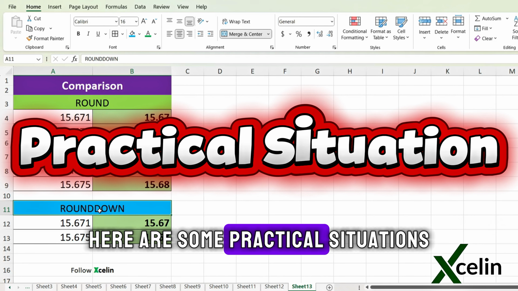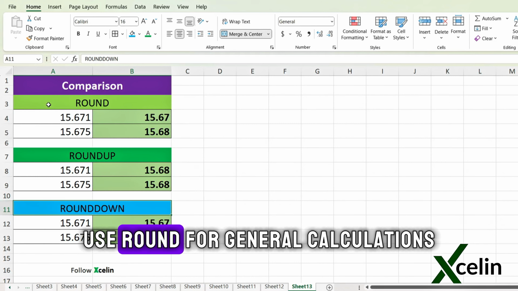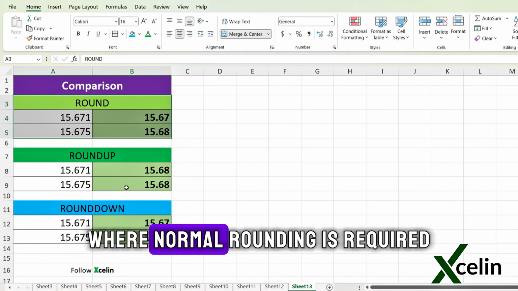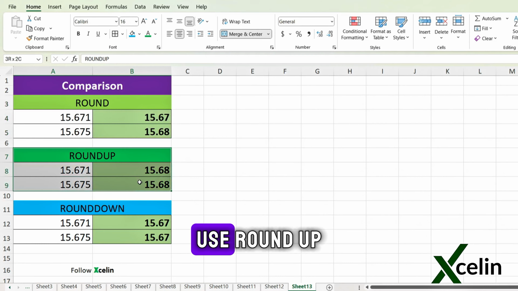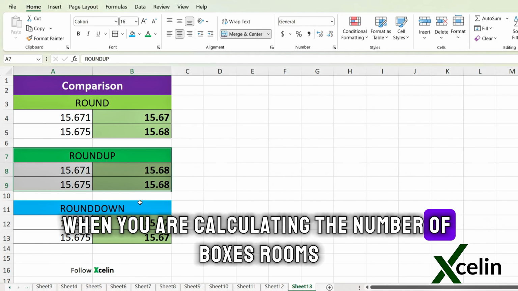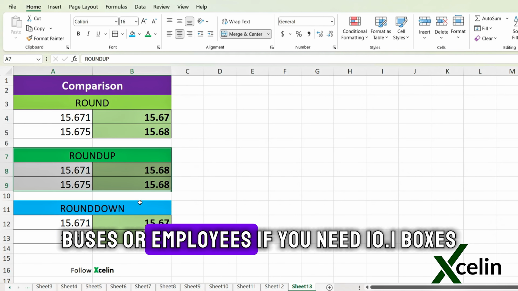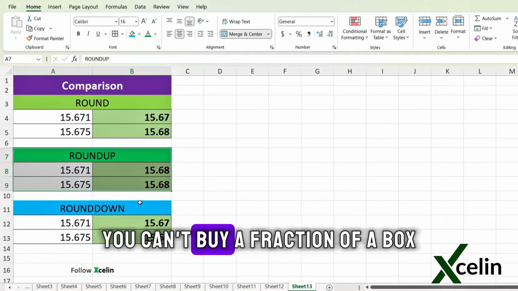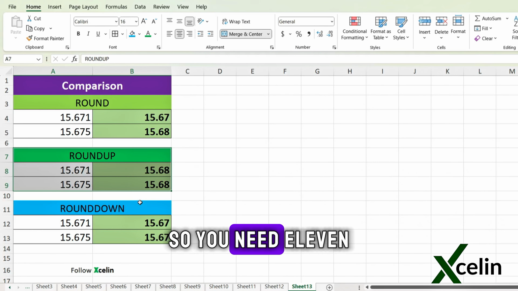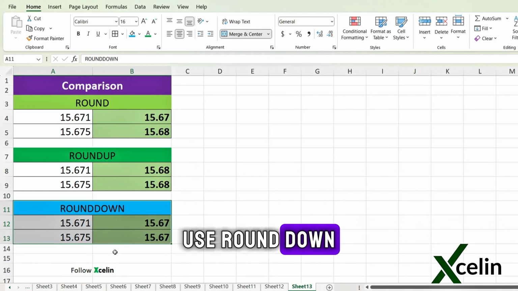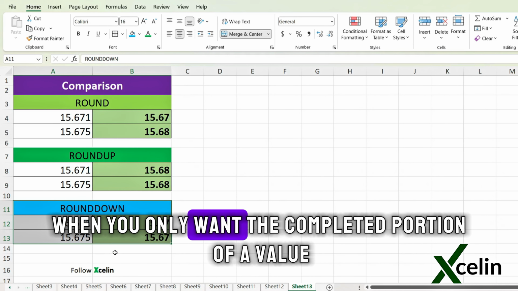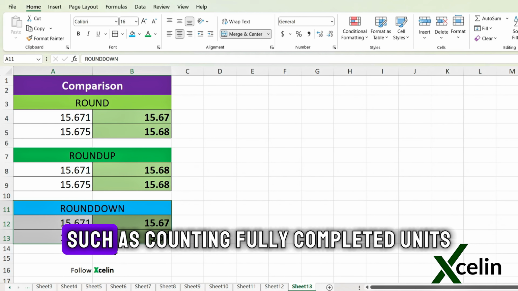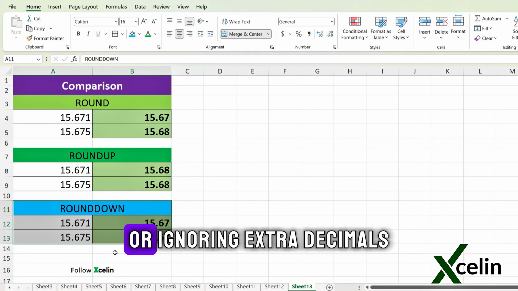Here are some practical situations. Use ROUND for general calculations where normal rounding is required. Use ROUNDUP when you are calculating the number of boxes, rooms, buses, or employees. If you need 10.1 boxes, you can't buy a fraction of a box, so you need 11. Use ROUNDDOWN when you only want the completed portion of a value, such as counting fully completed units or